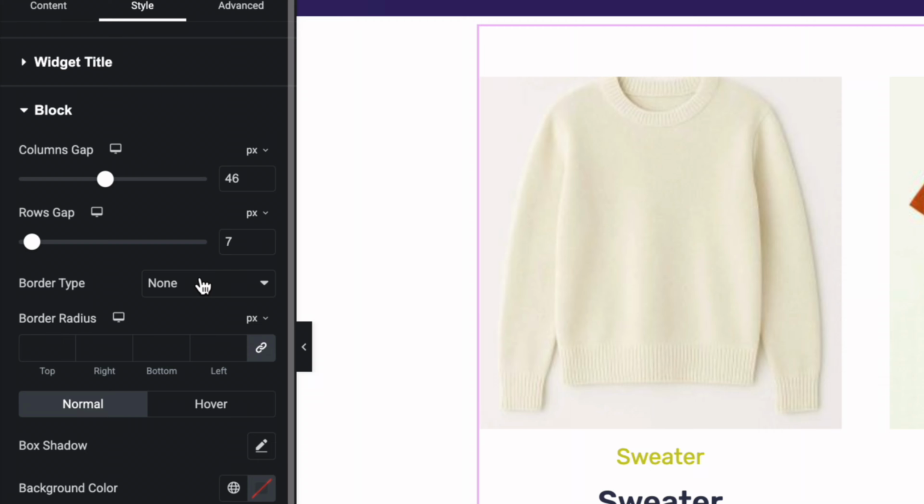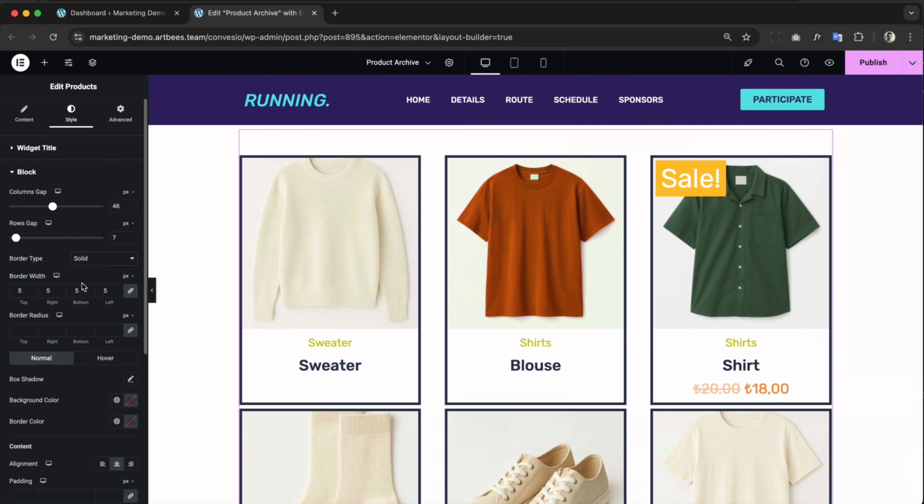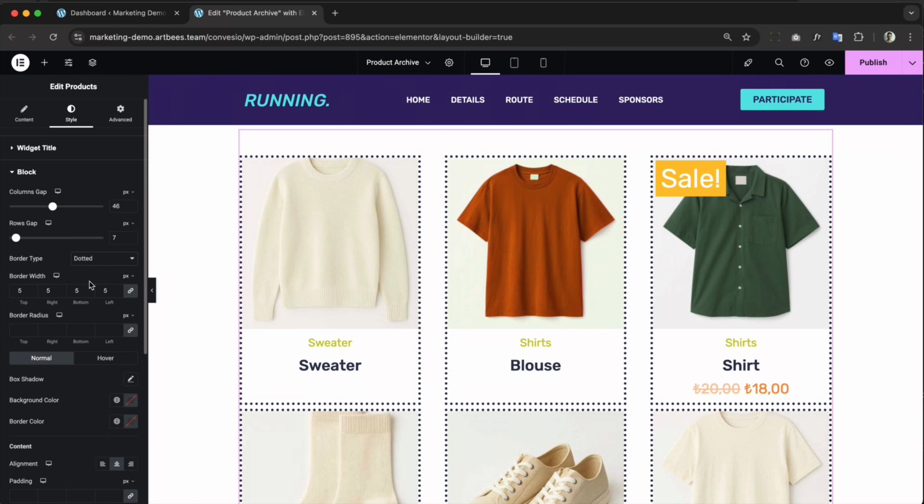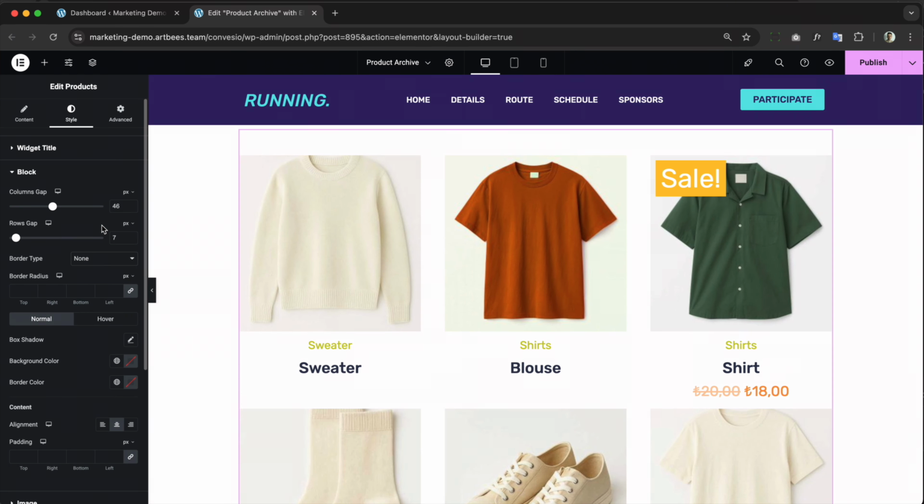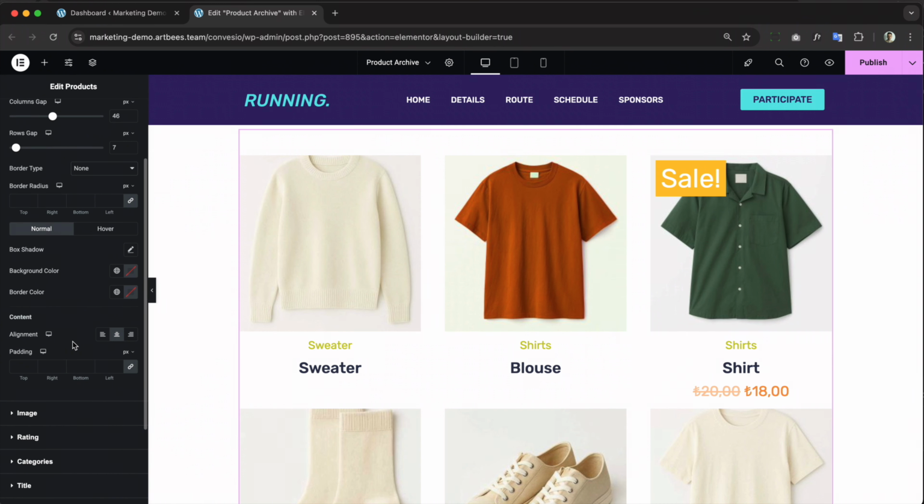And also, if you want, let's say, to add a solid border around your products in the grid, you have all the options. See, you can make it dotted, dashed, solid, and none. So that's what I choose. Of course, we are not giving you advice on the design aspects of things. It's just to show you the potential JupyterX gives you to control the appearance of the product grid.